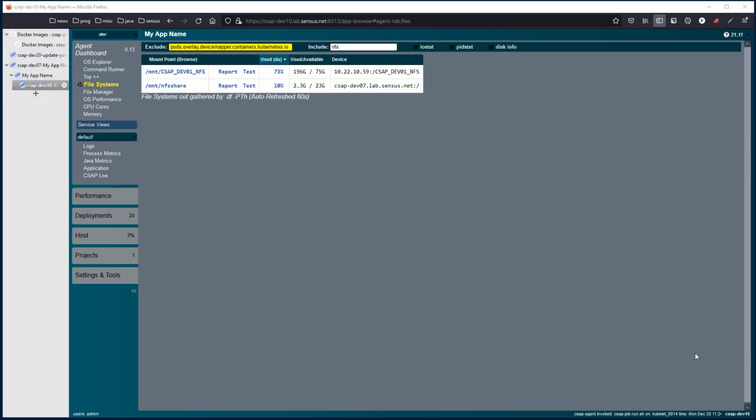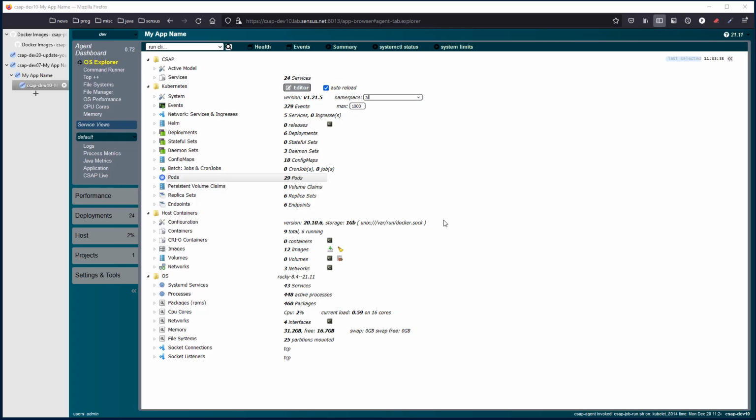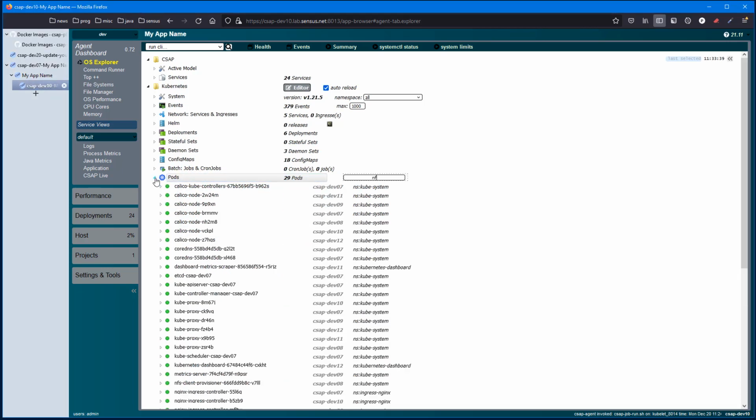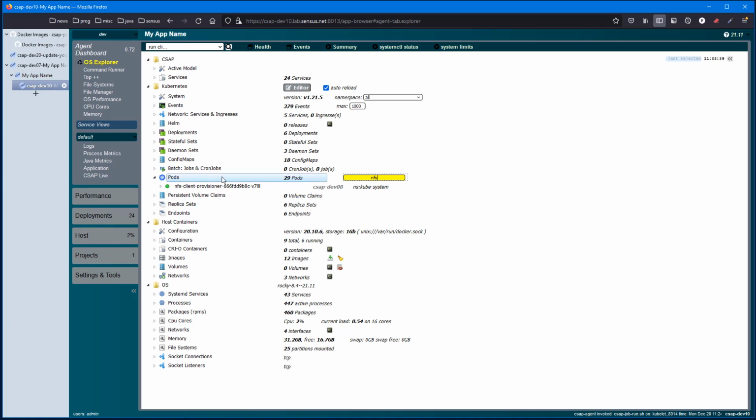Now, the Kubernetes NFS client does not actually leverage this mount point. It's mounted simply as a convenience feature for teams wishing to explore the system. If we switch to the OS Explorer, open the pods, we'll note that the NFS client provisioner is there. This will provide storage to any pods that require it. Let's go ahead and install the CSAP monitoring service, which will create a volume that verifies that NFS is provisioned